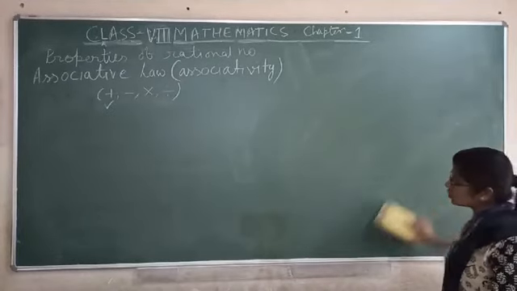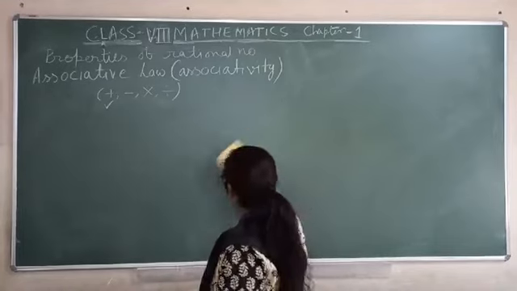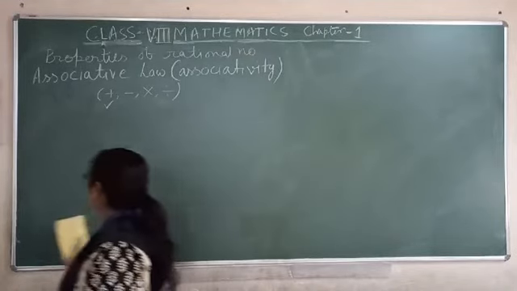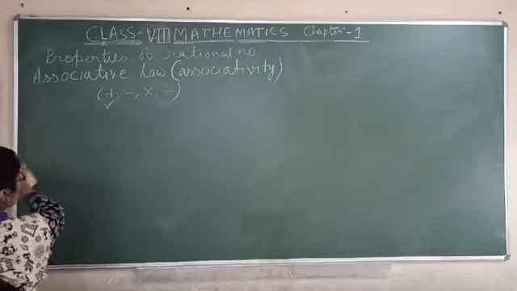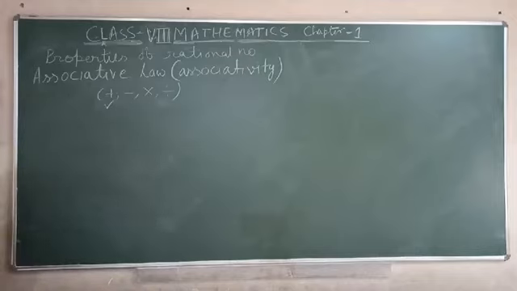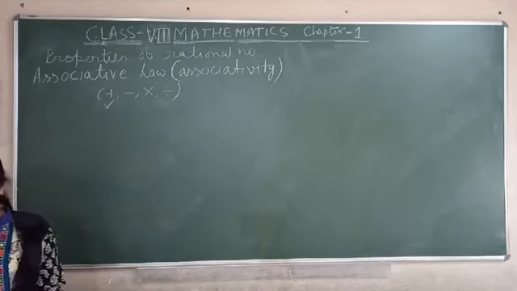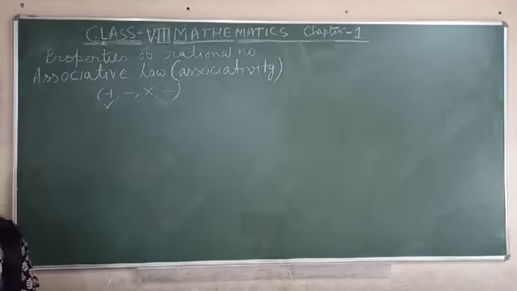When you do the commutative law, you have to take two rational numbers. When you do the associative law, you have to take three rational numbers. So we can say the associative law of rational numbers for addition is applicable. Now check the same thing for subtraction. Earlier, where we used the plus sign, everywhere we will use the minus sign. Therefore, for subtraction we have to use the minus sign.